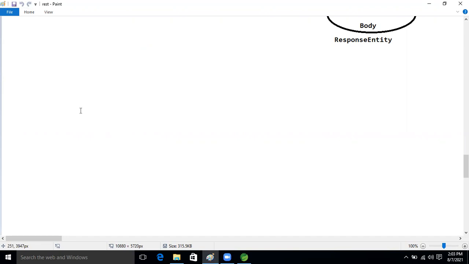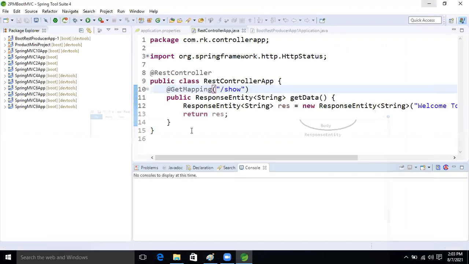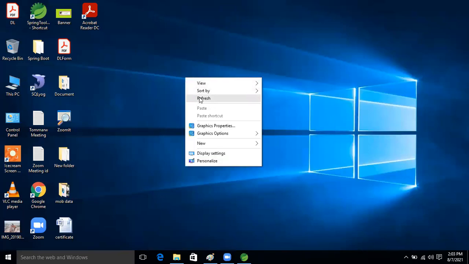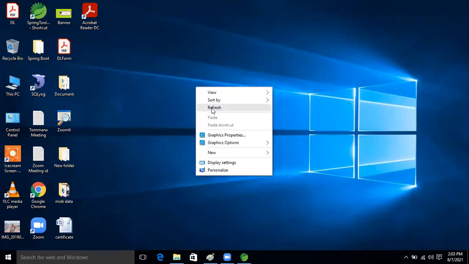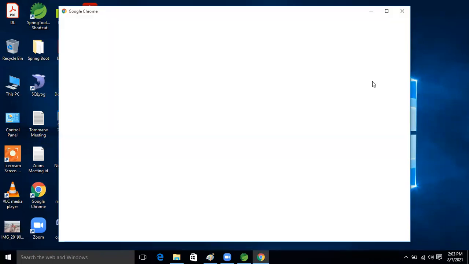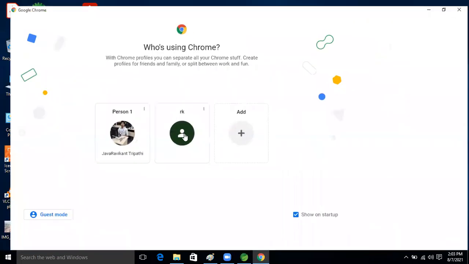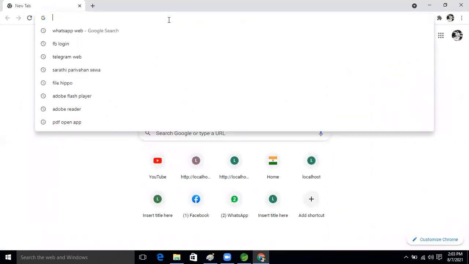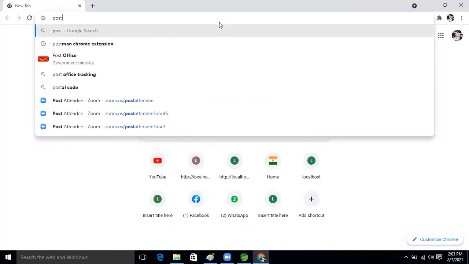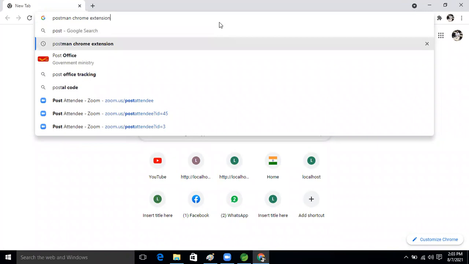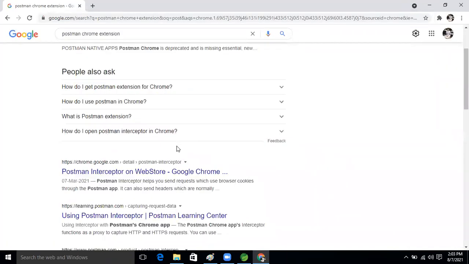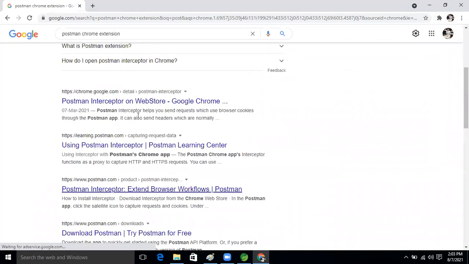So okay, Postman installation, right? Let's see the Postman installation. Just go to the browser and search Postman Chrome extension, right? First one only.